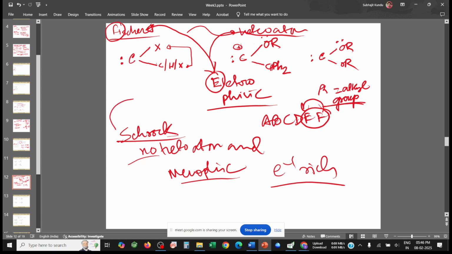So I think this discussion is enough to get an idea about the nucleophilicity, electrophilicity and the reactivity of Fischer and Schrock type. We are not here to discuss the carbene chemistry, so that's why this is the preliminary thing, and how to remember which carbene is electrophilic and which is nucleophilic, I gave a very basic idea.